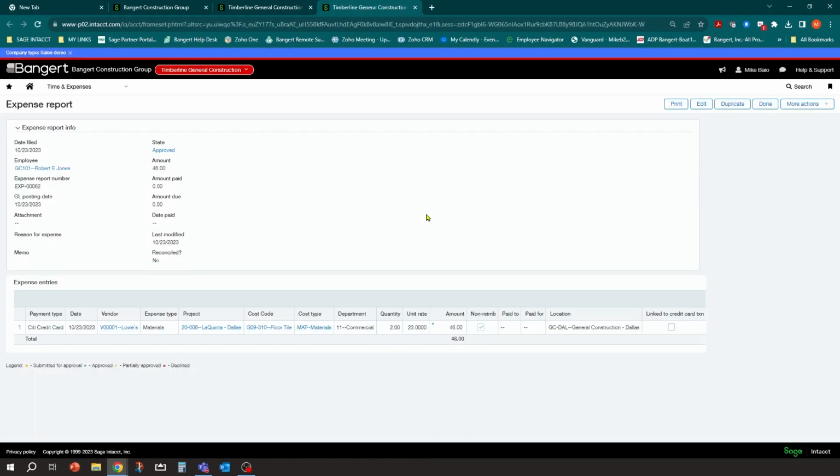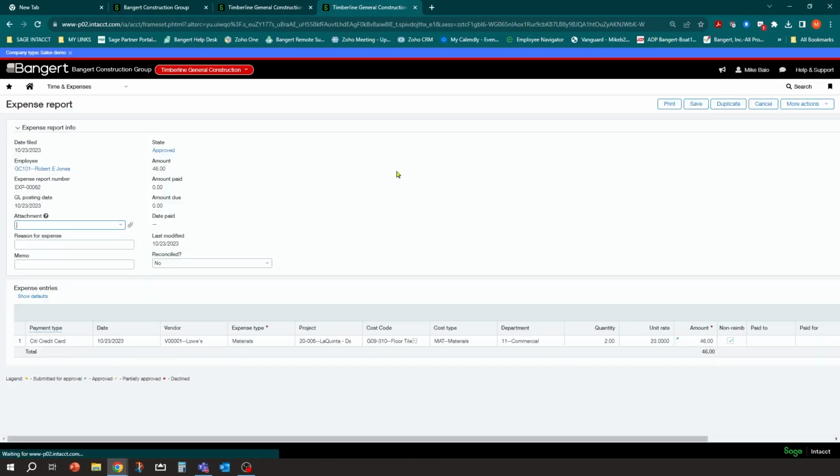If you'll notice here, it pops up and goes into that actual entry that we were in earlier. If I click edit, I could then reconcile that right here. I can say yes, this has been reconciled, and I can save that.